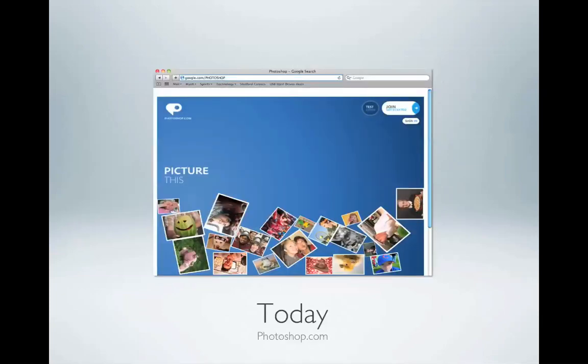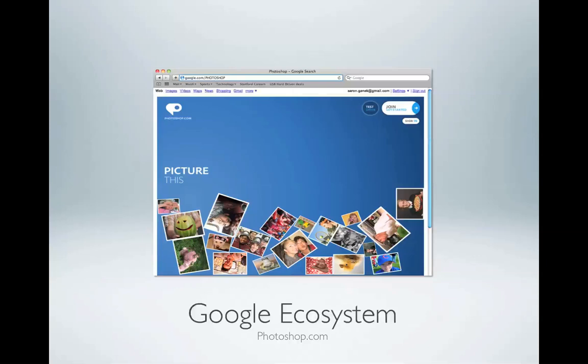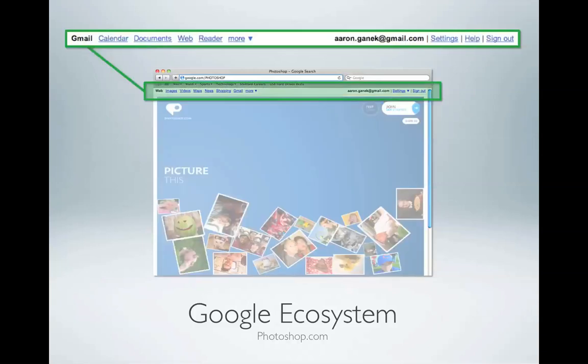Google will also benefit. Today, when you go to Photoshop.com, this is what you'll see. I want to go ahead and change it into the Google ecosystem, which, in general might mean just adding this top bar, and that adds quick access to some of the other Google apps. But what it really does is it traps people into the Google ecosystem even more.